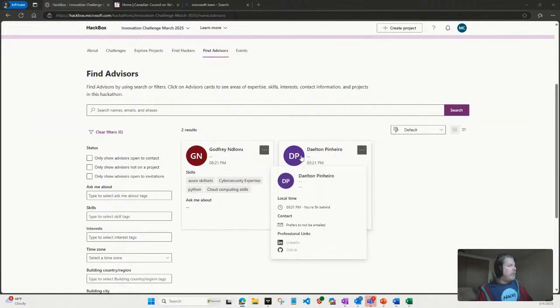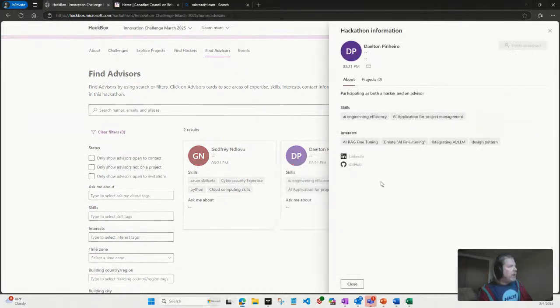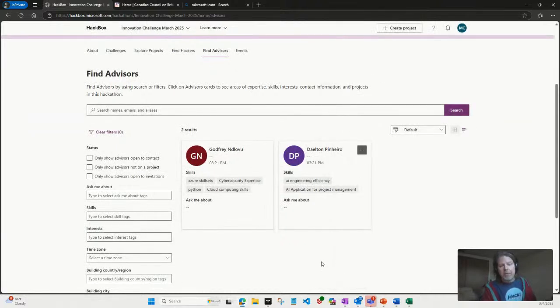But let's say I wanted to reach out to Delton. I could contact him, find out what he wants to be asked about, learn a little bit more about him and what he's here for, and then find a way to connect with him. That doesn't look like he's very contactable here, but most Microsofties will have their email address or their LinkedIn profile, and you can find them there. So